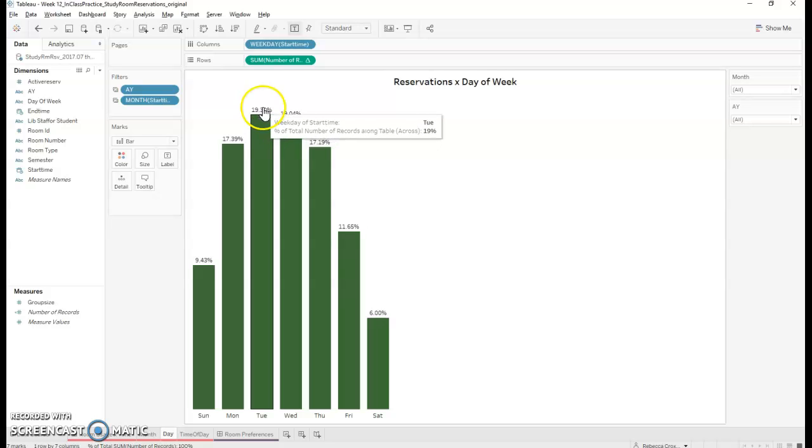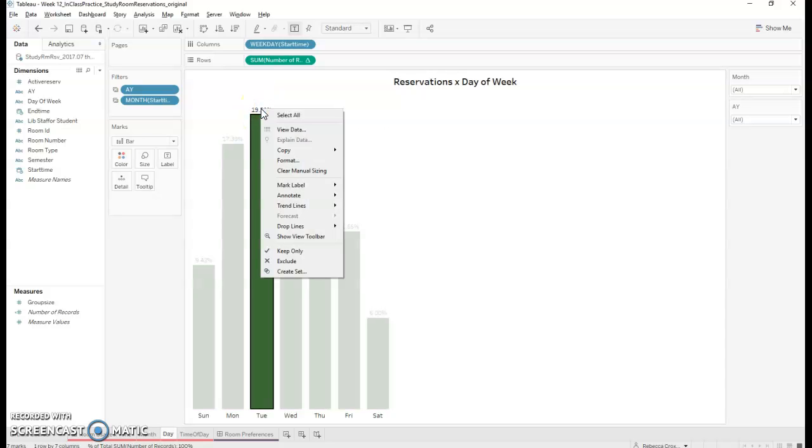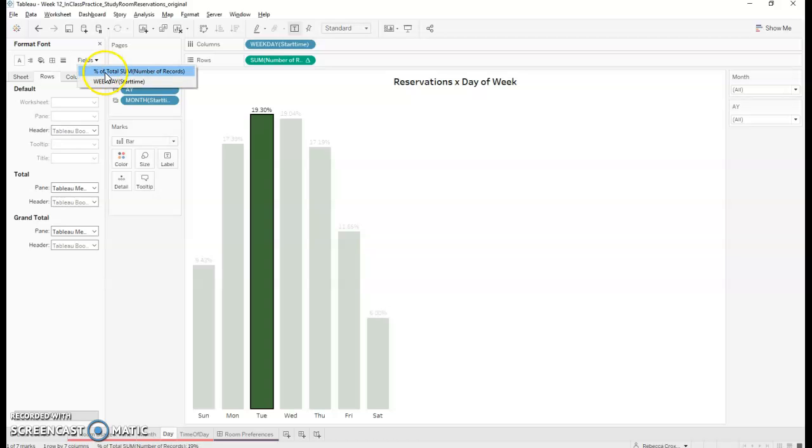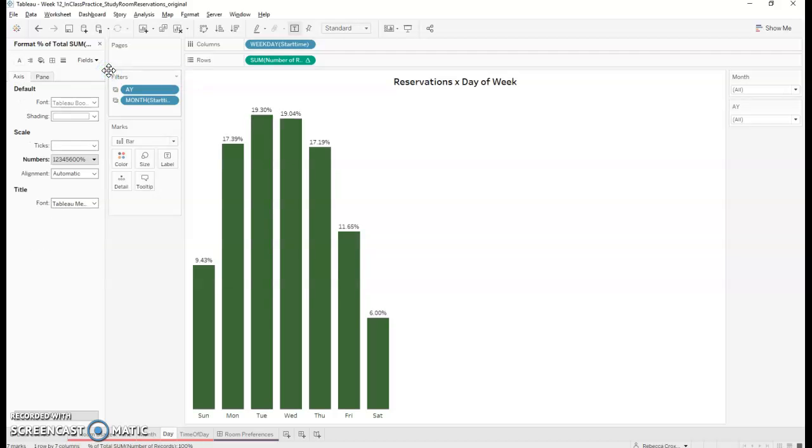We're just going to hover over the number and right click, select format, and now we're going to be working in this format pane over here on the left. Select fields and that downward arrow, and select percent of total because we're going to change the format of the percent of total. And then right now we default to axis, but we want to be working in this pane here. So we're going to go to pane,